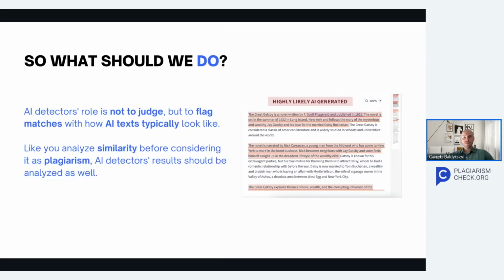To summarize what we discussed: students use AI generators in their assignments and the AI detectors are not 100% accurate. So what should we do in this case? We recommend using an AI detector as a helpful tool, but not as a final judge. It doesn't know 100% if the text was AI generated. What it does is compare how AI generated text looks to the text that you ask it to check. It is very similar to how plagiarism checking tools work. When you have a percentage of similarity, it doesn't necessarily mean that this percentage is a percentage of plagiarism.